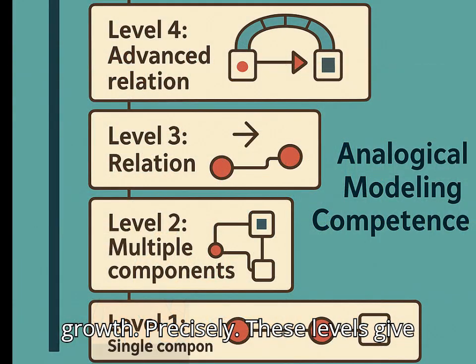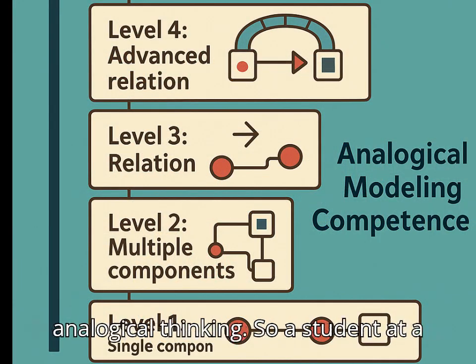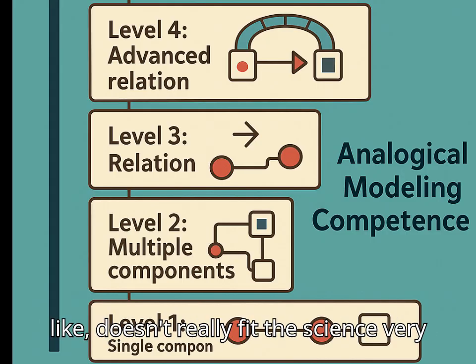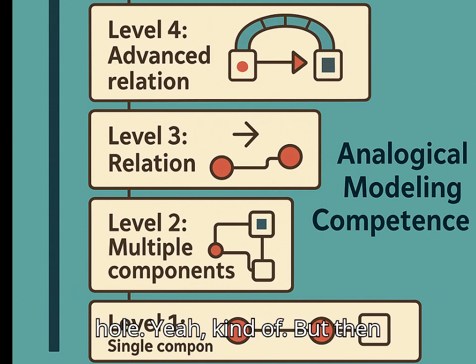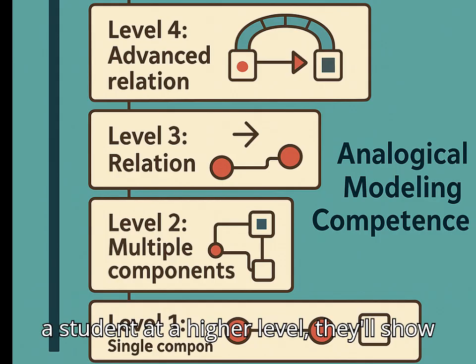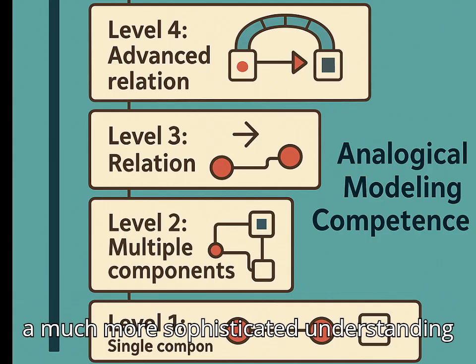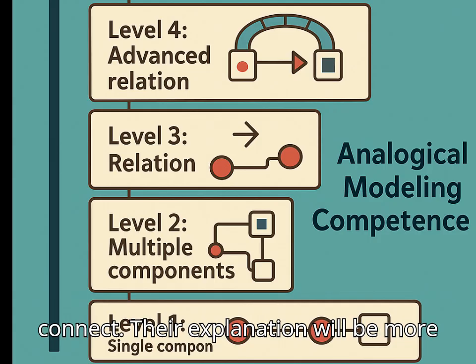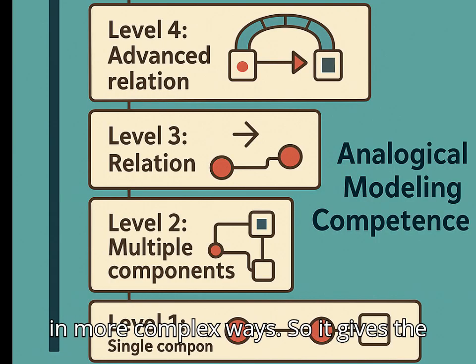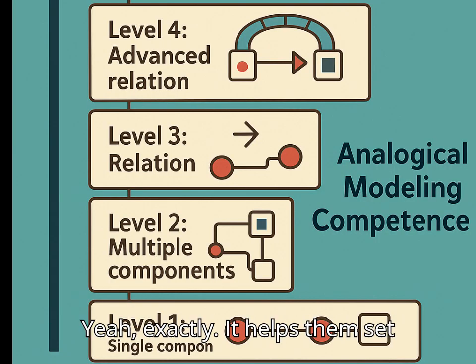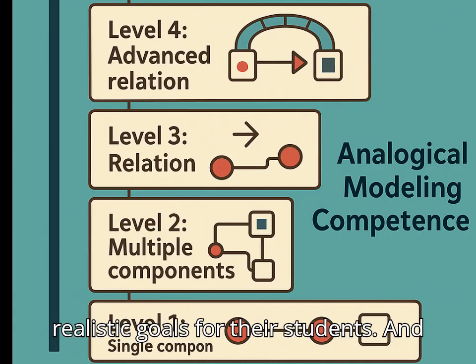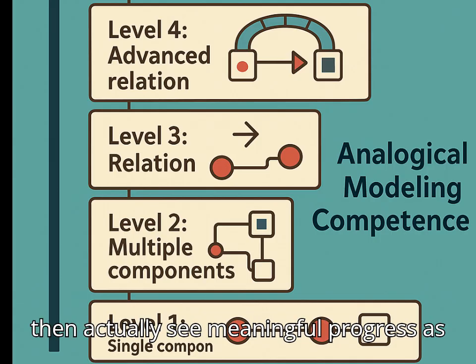Precisely. These levels give teachers a way to see that progression of analogical thinking. So a student at a lower level might have an analogy that doesn't really fit the science very well, or they might miss some key connections. Like a square peg in a round hole. Yeah, kind of. But then a student at a higher level, they'll show a much more sophisticated understanding of how the analogy and the science connect. Their explanation will be more detailed, and they'll be able to use it in more complex ways. So it gives the teacher these milestones to work with. Yeah, exactly. It helps them set realistic goals for their students and then actually see meaningful progress as they develop